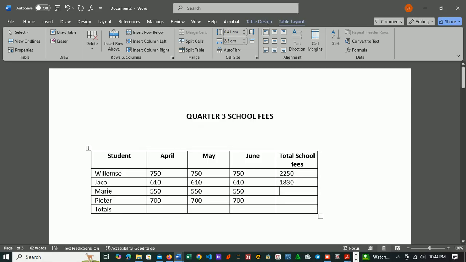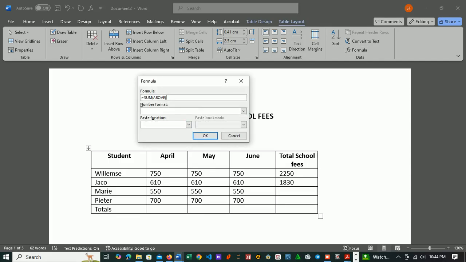So we're just gonna do the same with our third student formula. So just remember, we don't want above, because if we are going to click OK in this case, it will give us the sum of these two numbers, which is incorrect. We don't want these two numbers. We want the sum of April, May, June for our third student. So here we just have to type in left, and then we click OK,